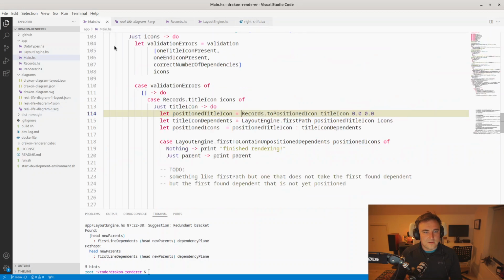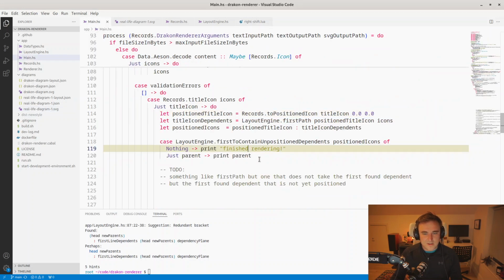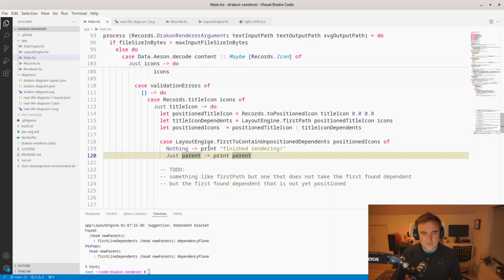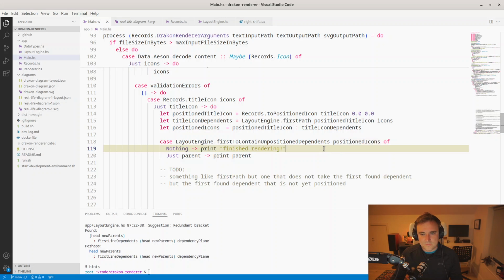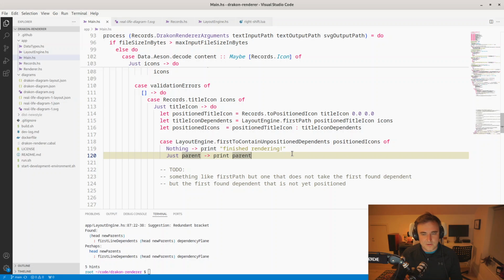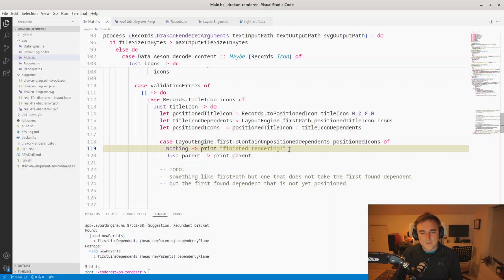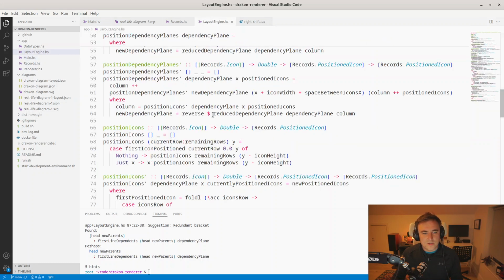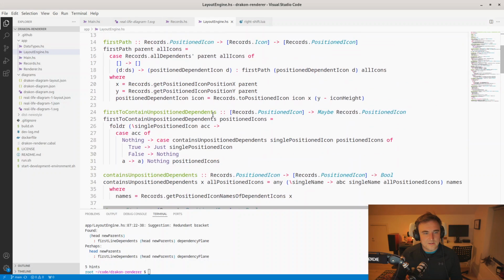And let's keep writing. So yesterday we finished just here, where the first sort of wave of positioned icons is isolated, and we find the first positioned icon, looking from the bottom of the graph to the top of the graph, that contains dependents that are not positioned yet. And today we'll be changing this function slightly,